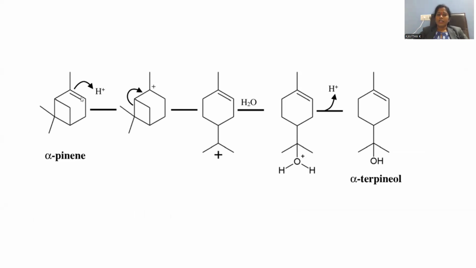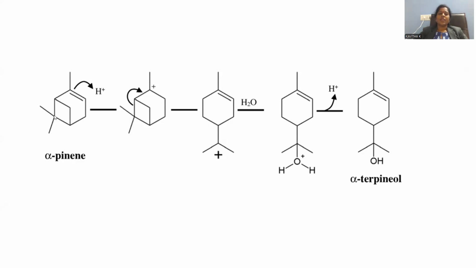Alpha pinene, we already completed the session on the entire description regarding it. It is a bicyclic compound where a 6-membered ring is fused with a 4-membered ring. There is another double bond, and here is the methyl, and here 2 methyl groups are provided upon this